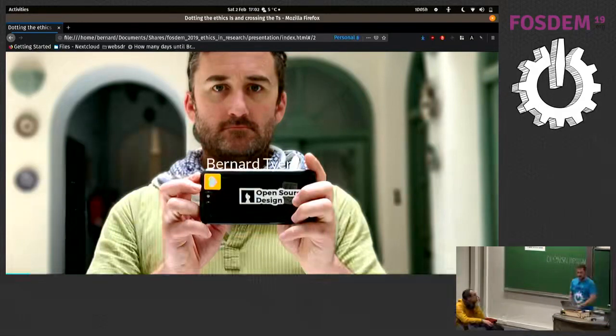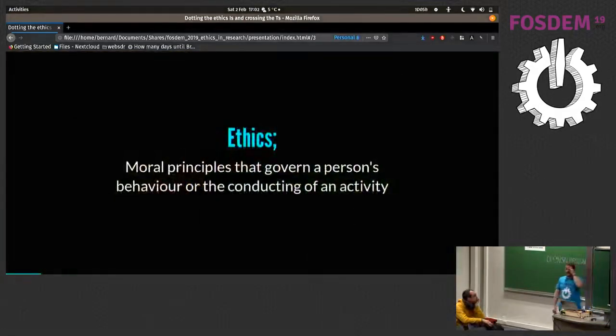What am I going to talk to you about? I'm going to talk to you about ethics and user research. So a quick show of hands. Who here knows what user research is? If you don't, that's totally fine. Don't worry. Okay, so that's half and half-ish. Essentially, user research is understanding what the user of your software needs to do. Even before that, understanding who they are in order to understand, is your software even needed?